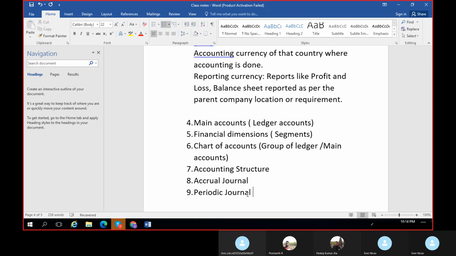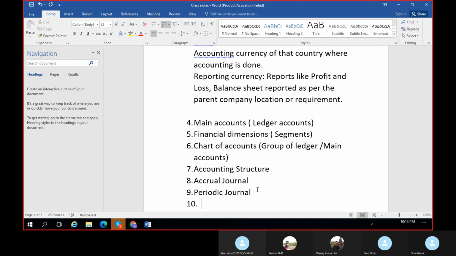And if there is anything related to rent or internet charges or anything like this, you can classify the transactions. Instead of posting every month, since it is a regular transaction, you can give an automation: once you configure the periodic journal, every month the ledger account of that particular transaction will get auto posted. So that topic we'll discuss while discussing the periodic journal.